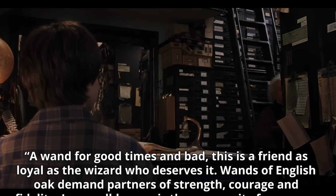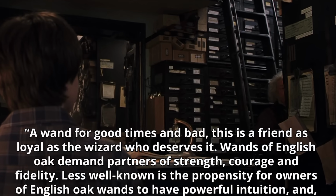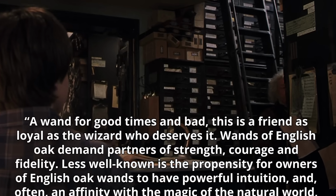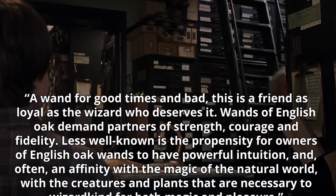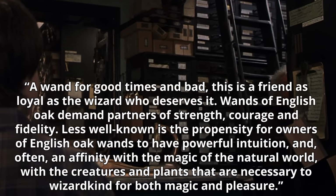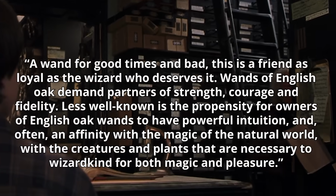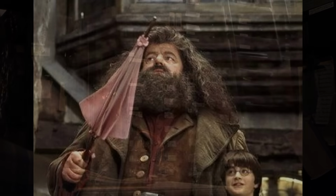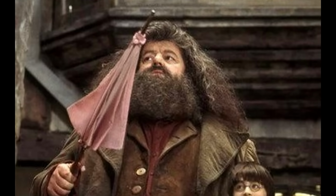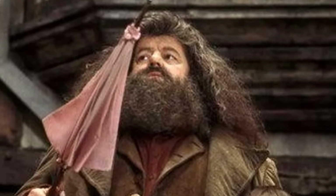Wands of English oak demand partners of strength, courage, and fidelity. Less well known is the propensity for owners of English oak wands to have powerful intuition and, often, an affinity with the magic of the natural world, with the creatures and plants that are necessary to wizard kind for both magic and pleasure. Known owners of oak wands include Rubeus Hagrid and, potentially, the most powerful wizard to have ever lived,